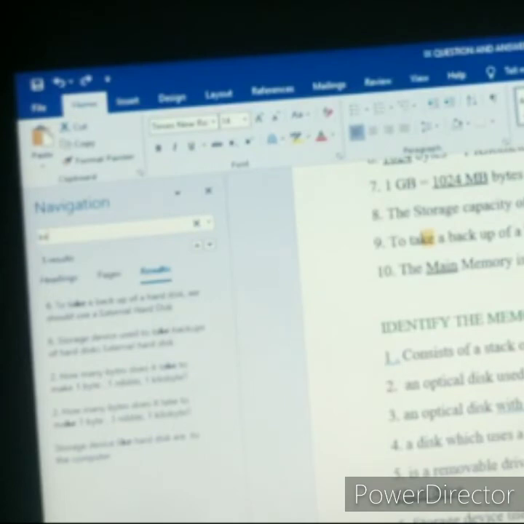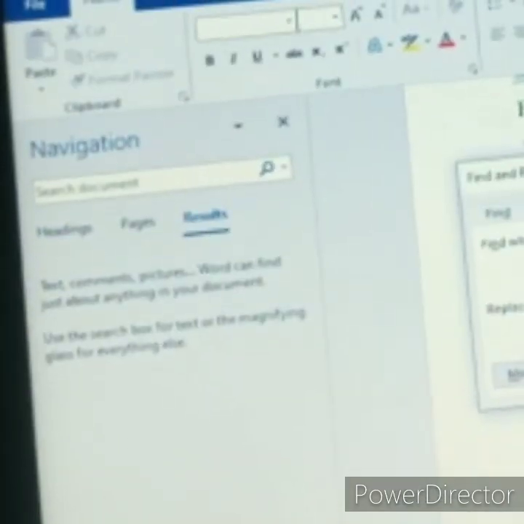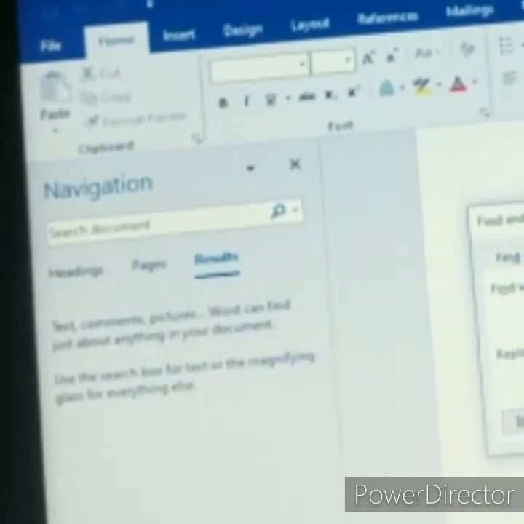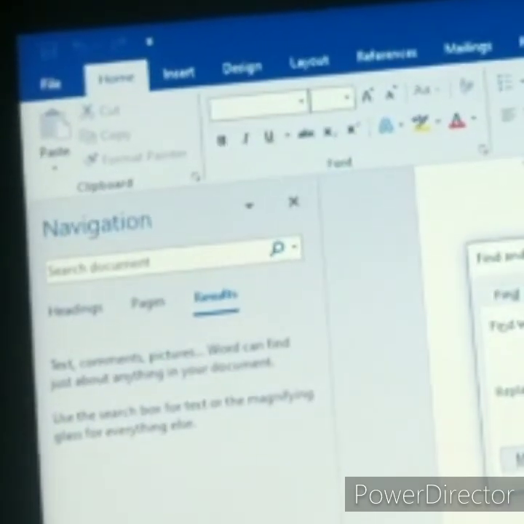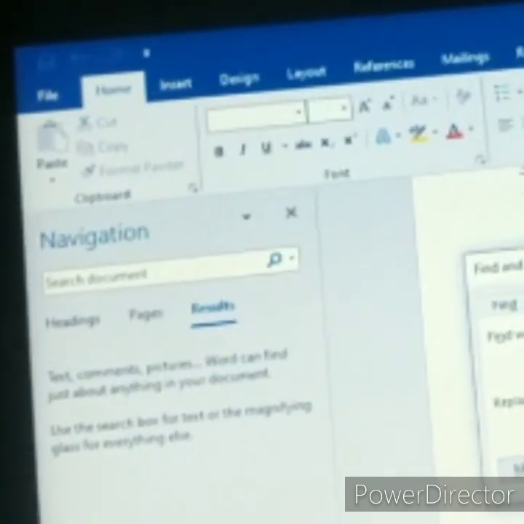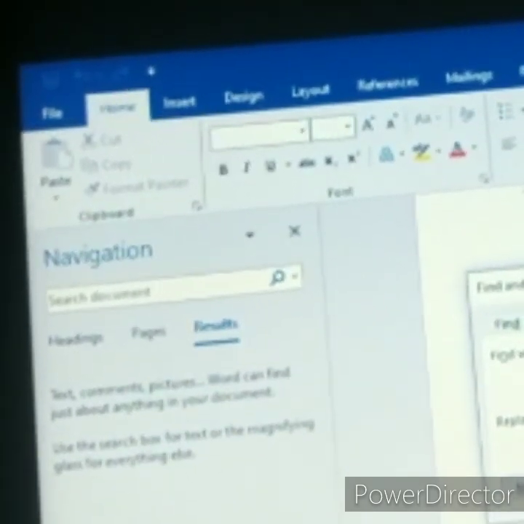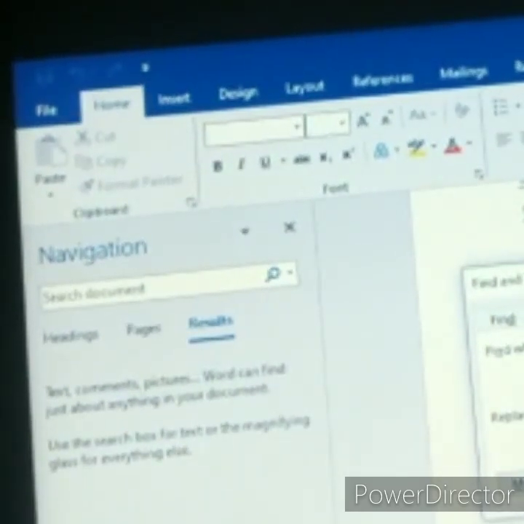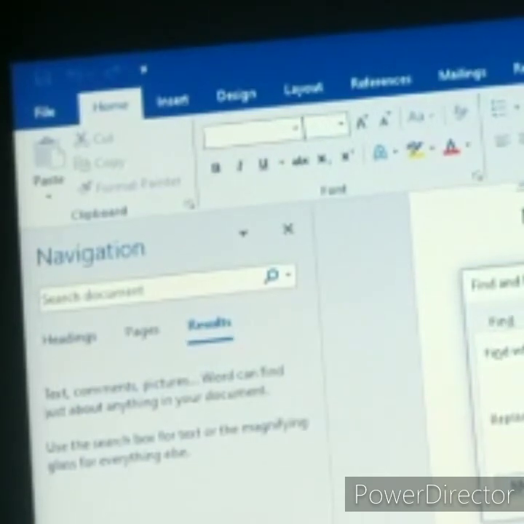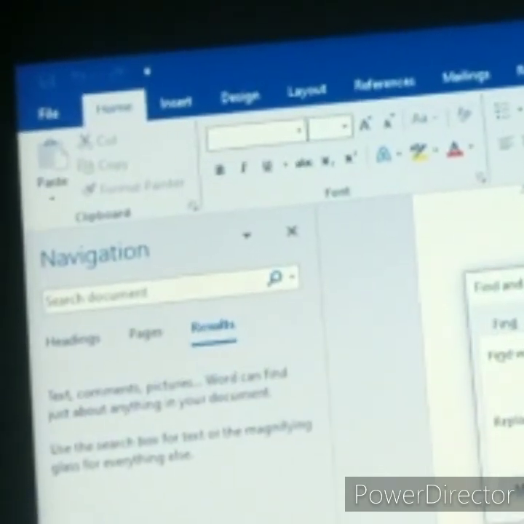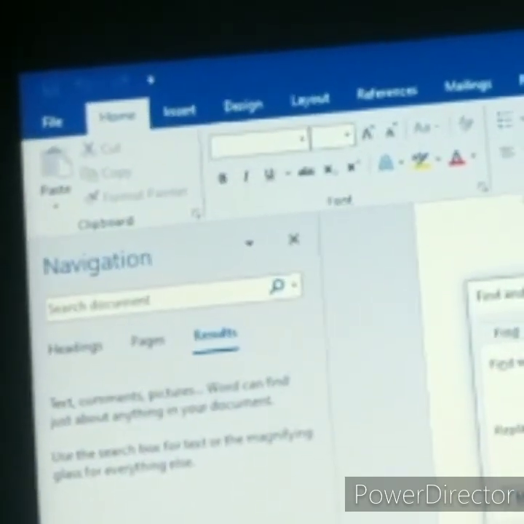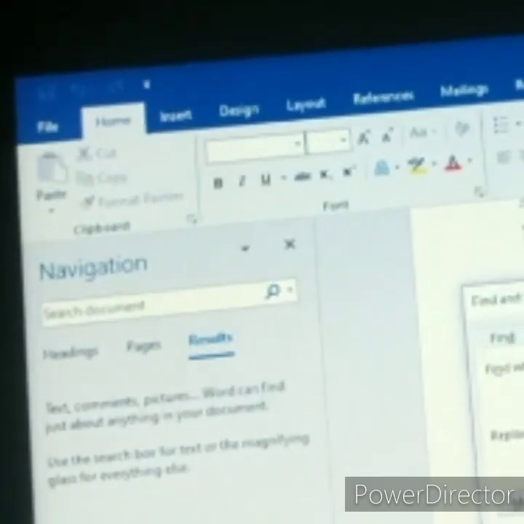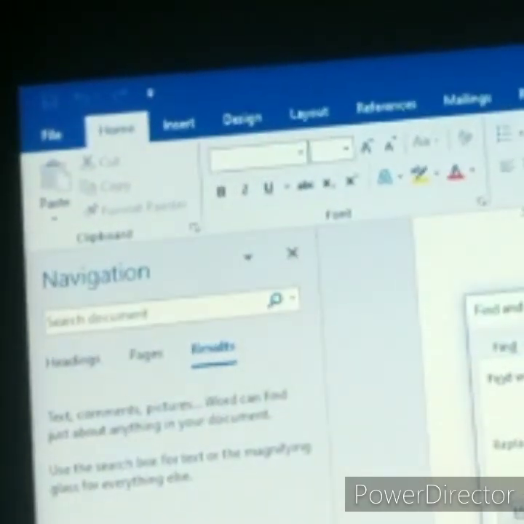So next, replace. How to replace your text? Say I want to replace 4.7 GB with 4.8. So find which one you want to find.